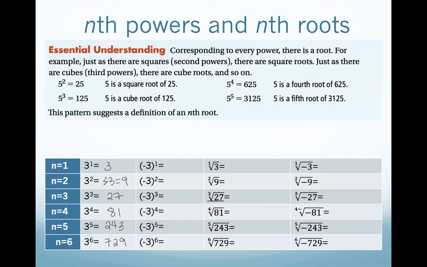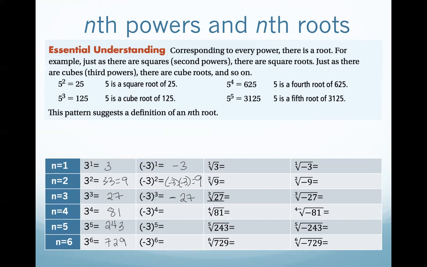-3 to the first, again, -3 times itself one time will just be itself, -3. But if I have -3 times -3, notice that becomes a +9. This is one of the patterns that we talked about from the spreadsheet activity that we did. Then we have -3 times -3, so that's 9, times another -3. Now that's going to make a